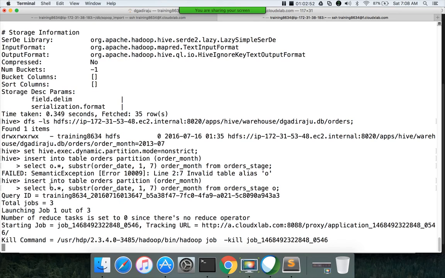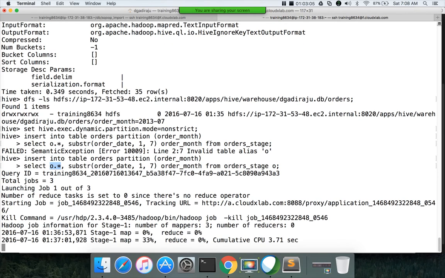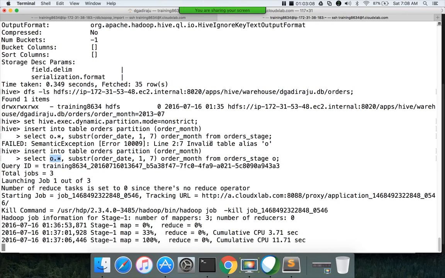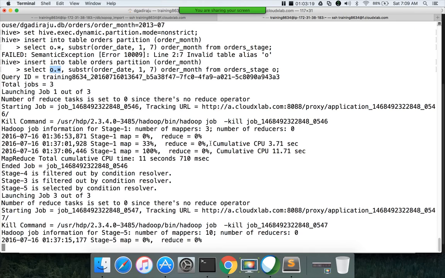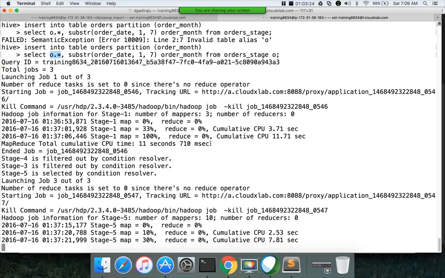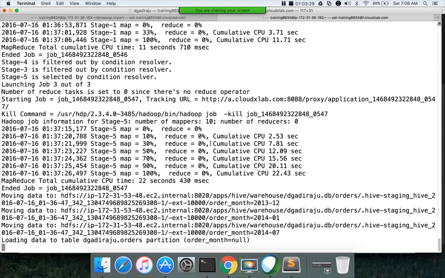Because I am specifying O dot star to get all the columns from the orders table, and earlier I hadn't specified the alias. That's why it failed. Now it will work.